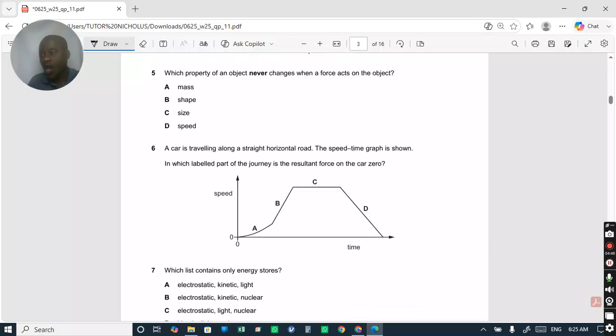Question 5. Which property of an object never changes when a force acts on the object? Like we said earlier, the answer is mass. Because what did we say? Mass is just a quantity of matter in that particular object. Like for example, this particular pen, its